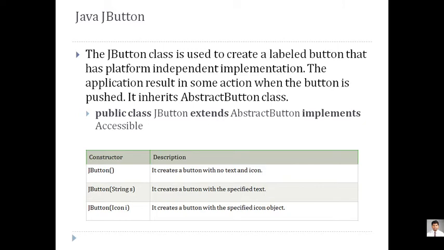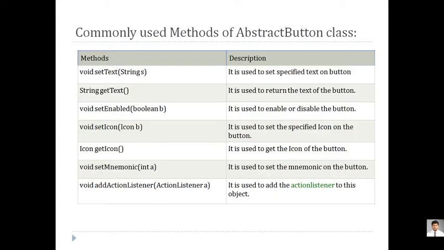Now yesterday we started with the components of Swing, and we entered into one most important used component, that is a button, and we have implemented that button. Now here there are some functions we have not discussed yesterday. Yesterday we only had an example on that, and we added an action listener over there. So we can set a text to your button at runtime. You can get a text.